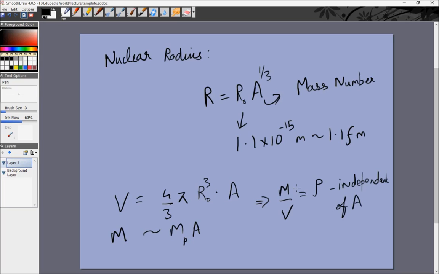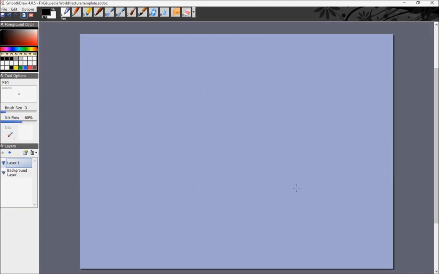So just by knowing the mass number, you'll be able to calculate the radius of any nucleus. Now, just like we calculated the binding energy of an electron to a nucleus, the nucleus itself has some binding energy. So the binding energy of the nucleus is a very important quantity in nuclear reactions,